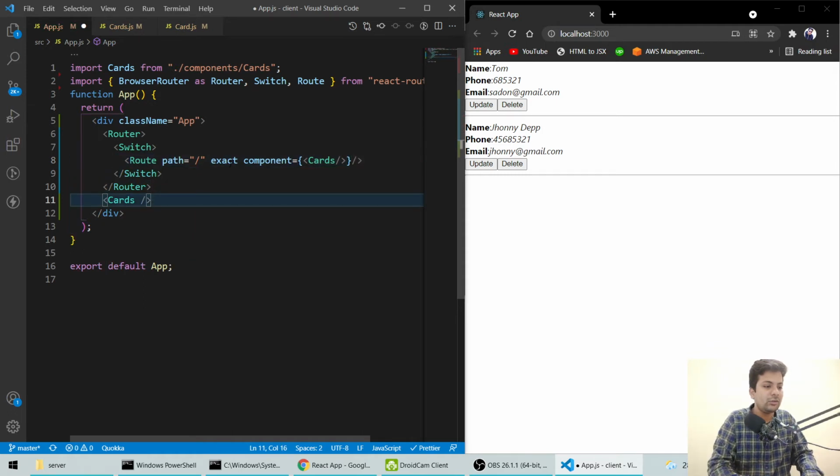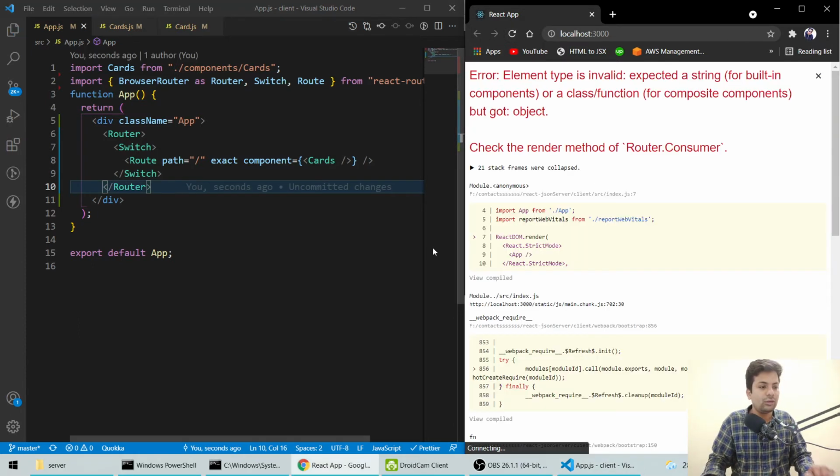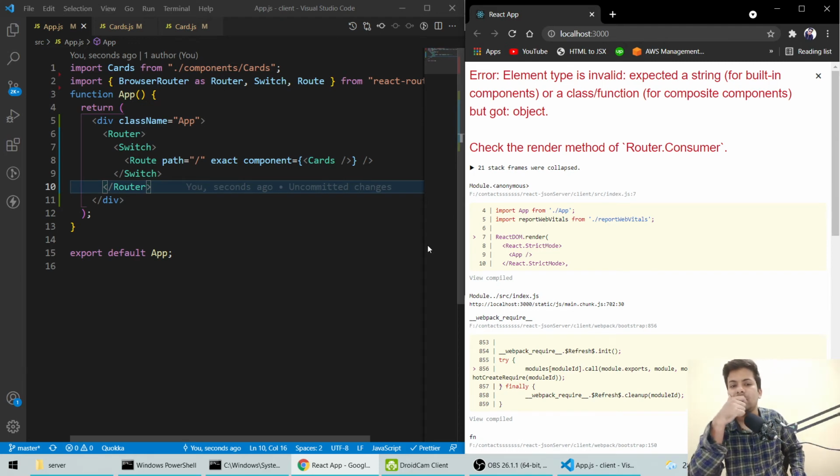Now we'll remove this card, we'll save it, and if I hit run, there's an error.